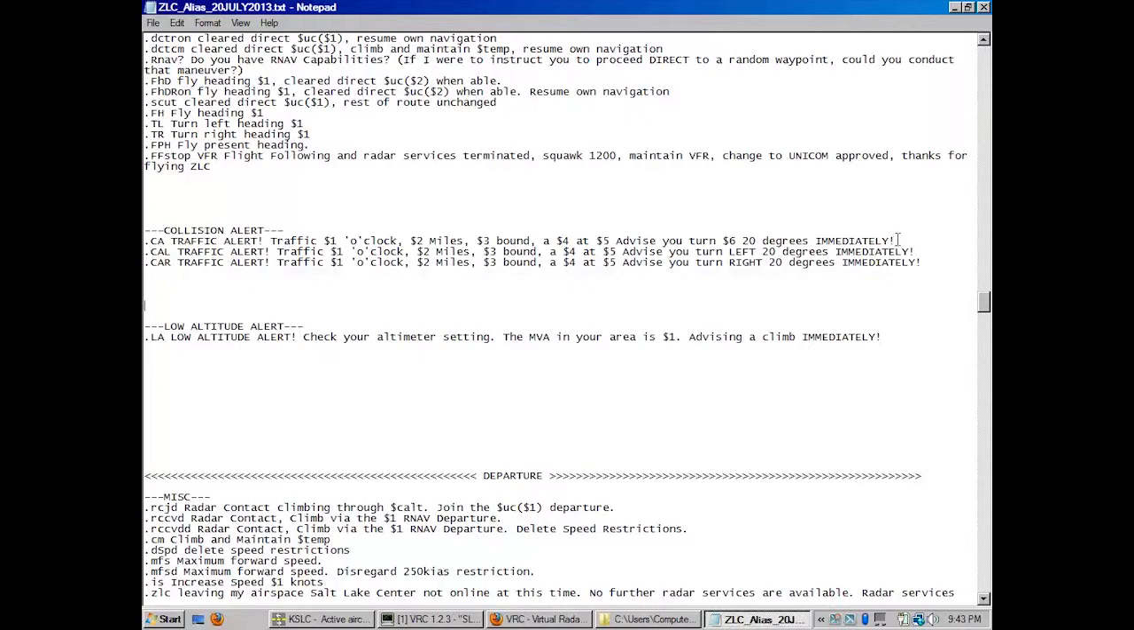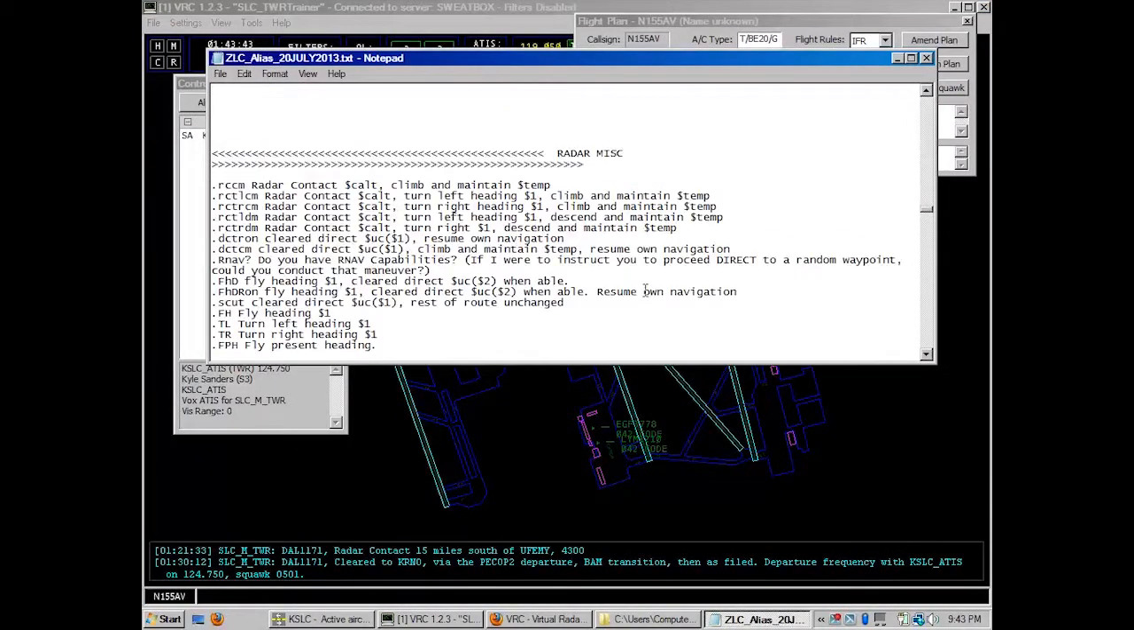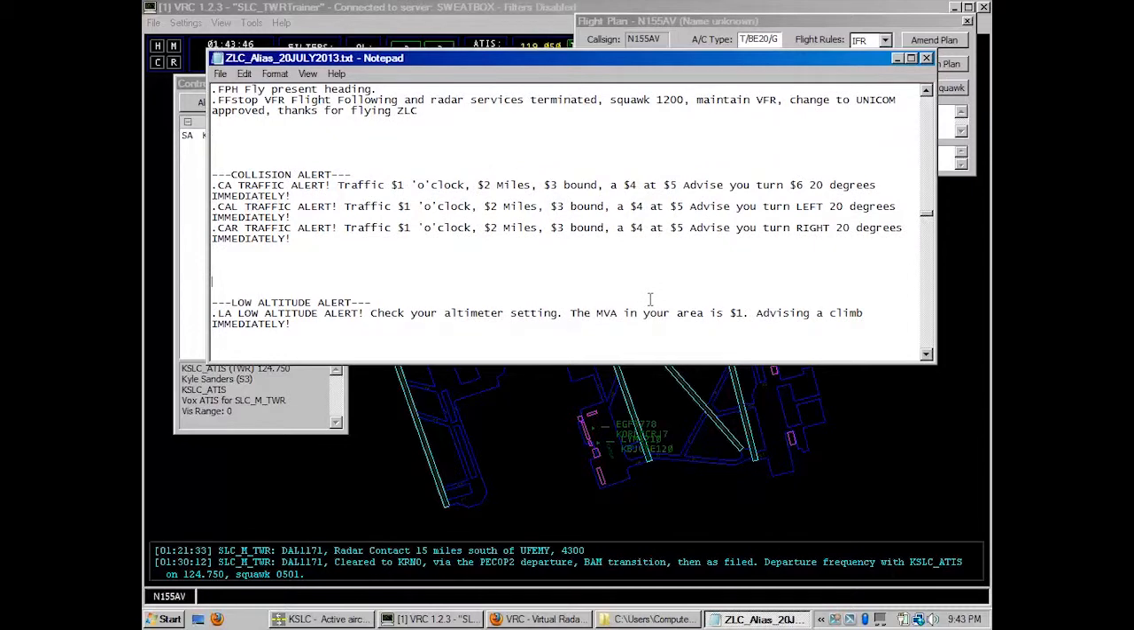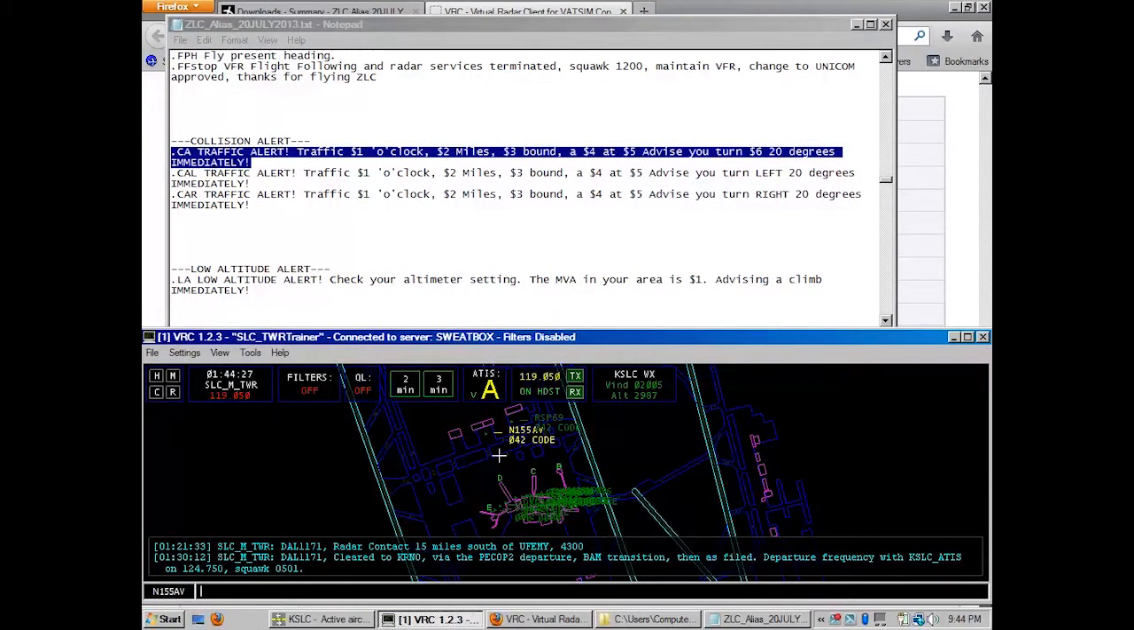As you can see, some of these can get pretty complicated, such as the collision alert. We're going to take the first one, collision alert, just .CA for the command. Alright, we're going to use 5 Alpha Victor and assume that he's airborne. What we're going to do is say .CA for collision alert, space. It'll say traffic alert, traffic 12 o'clock, 7 miles, southbound, a Boeing 747